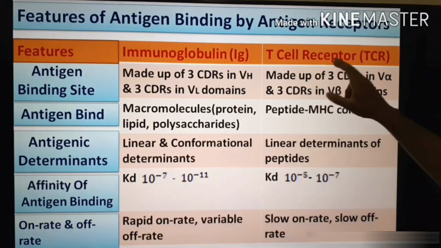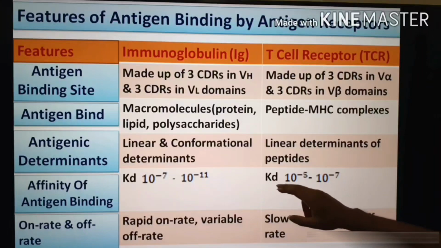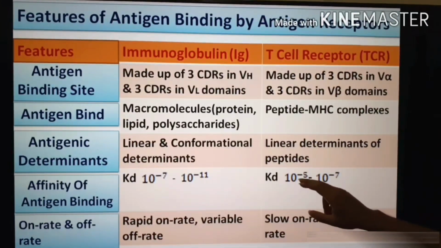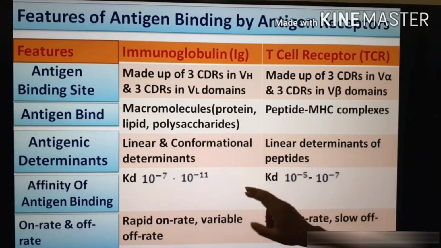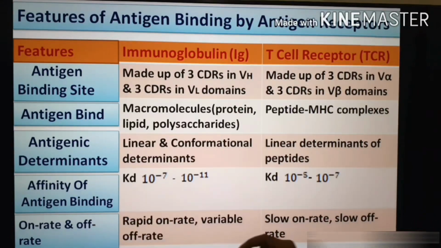But in the case of T cell receptor, the dissociation constant is 10 to the power minus 5 to 10 to the power minus 7. So it is lower in affinity than the antibody. You must remember this. On rate and off rate. On rate means binding affinity or binding probability, and off rate means releasing probability. So here you can see that rapid on rate means the antibody can bind with an antigen rapidly, and with variable off rate, it can release the antigen variably. But T cell receptor binds with antigen at a slow rate, and it also releases the